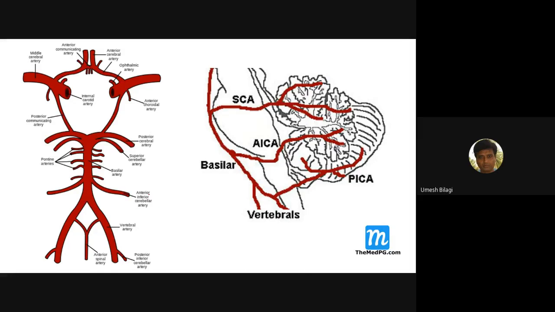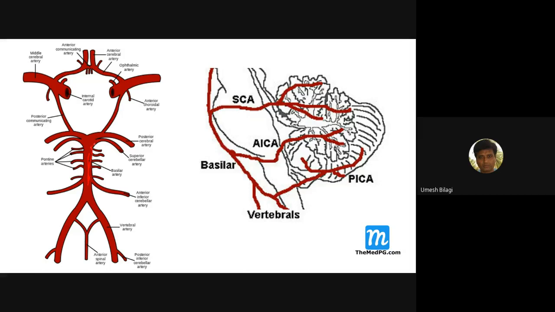Okay, from anterior inferior cerebellar artery, there comes a labyrinthine artery. Or it can even come from basilar arteries. I'll come to that because there is one question based on that. Labyrinthine artery, otherwise called inner auditory artery, goes to the ear. Very long artery it goes from here. So this is a basilar artery.